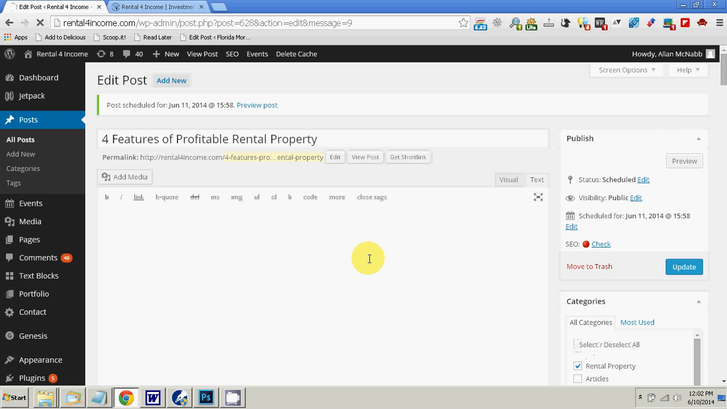Now this is extremely important and I can't overemphasize it. Here we have the URL as this will appear. And so what we're going to do is click edit and look to see what this is. 4 features, profitable rental property. All right. So the search engine is going to read this and say, okay, this is what this